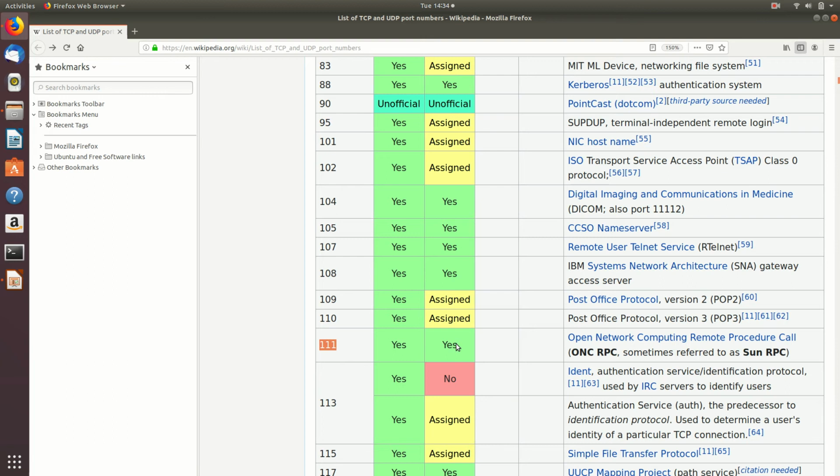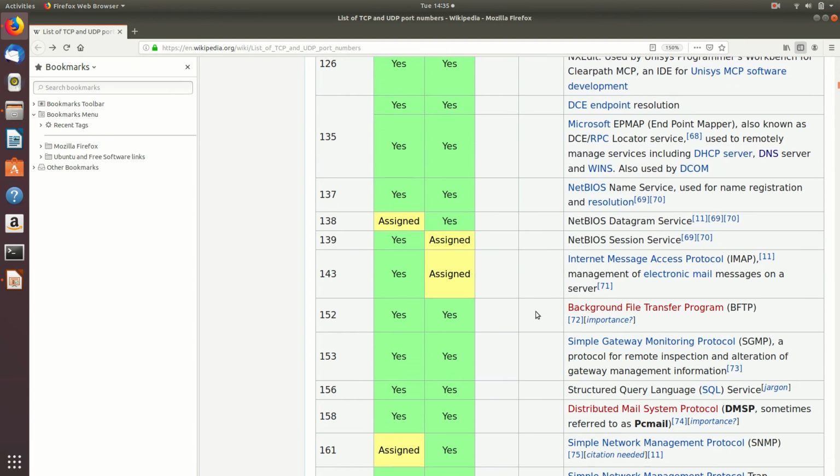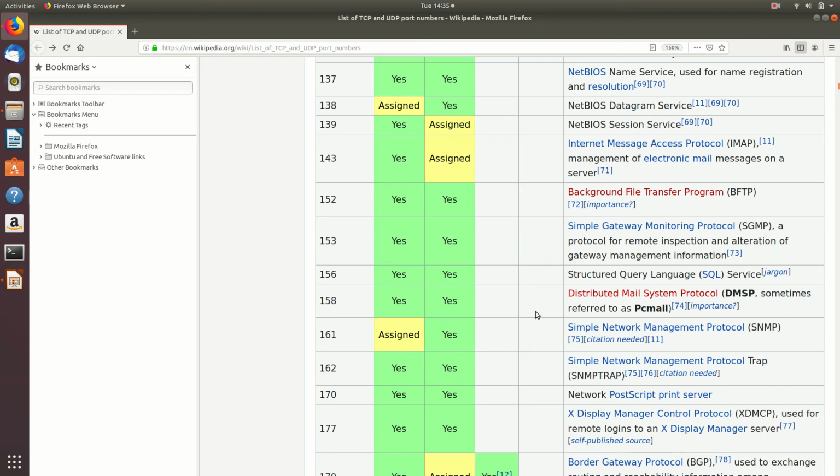That is why both are giving you yes, but mostly by UDP. So its port number is 111. So another one, this 123 also you can remember, the network time protocol 123, right? Say that's all. Then yeah, IMAP version, other versions were there.